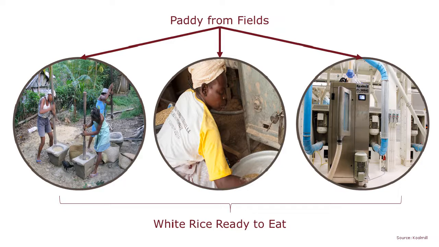Then in the middle, you have mechanized milling, which was introduced in the 1860s. But this way of milling uses a lot of heat, and it's very mechanical heavy, let's say, and it can result in losses of up to 80% in the entire production. So you're losing and you're damaging a lot of the rice along the way. And then Koolmill, after 8,000 years, is the 3rd generation of this technology. We really are bringing about something completely different and changing the game.